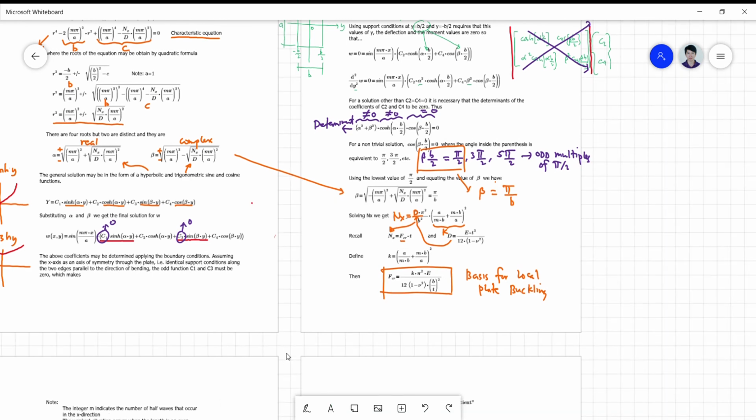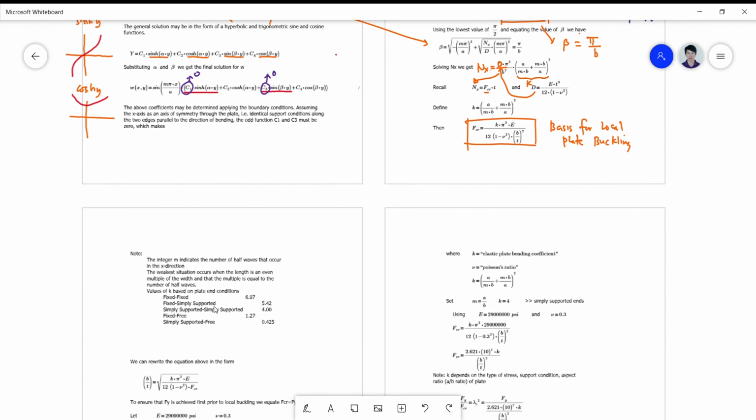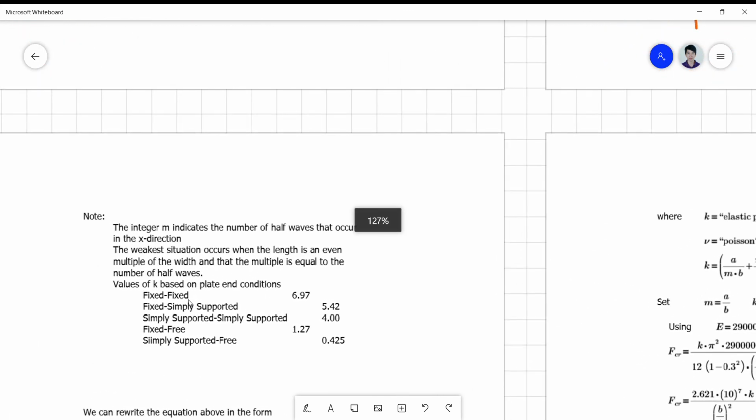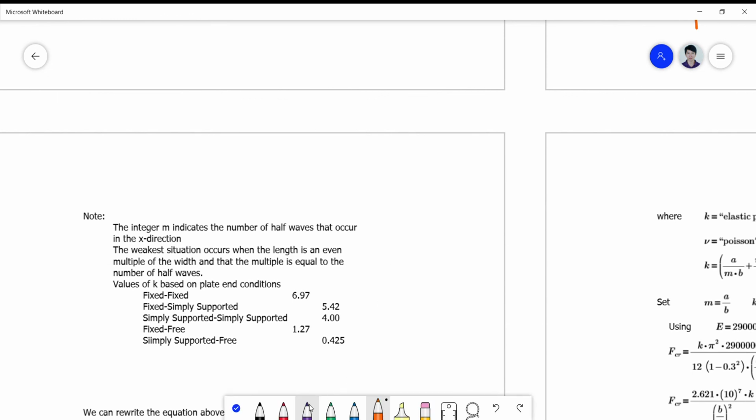So take note that the integer m indicates the number of half waves that occur in the x direction, which means that if I have here a plate with an A over B ratio, or the aspect ratio, the number of half waves 1, 2, 3, 4 will determine